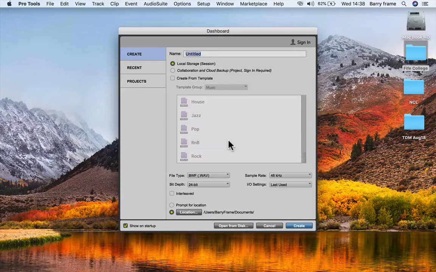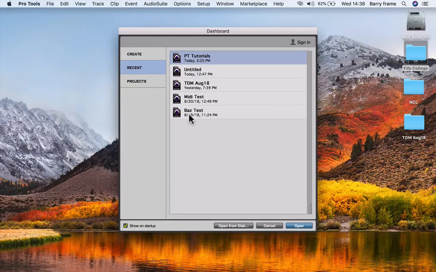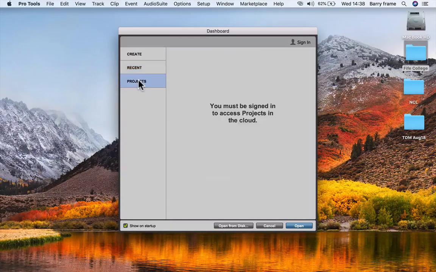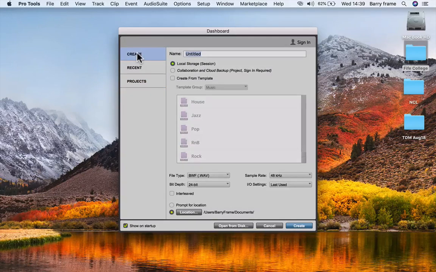Okay, as you can see up here, we've got three different tabs. We've got create, we've got the recent tab, so I can click a recent project I was working on, and projects, but again I must be signed in for this, as the projects are stored on the iCloud. So keeping it really simple, all we want to do is select create, and then we type in the